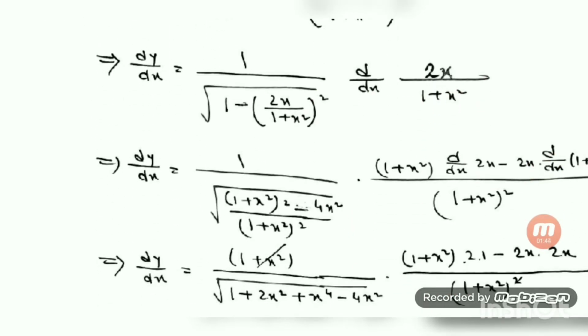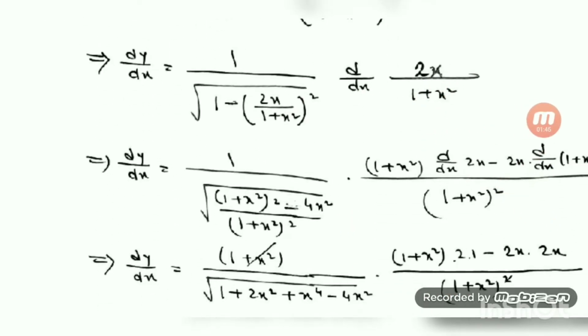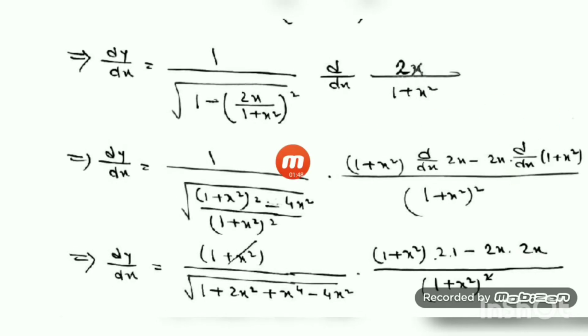After this, we have to take the derivative of this expression now. So what I'll do, d/dx, this one keep it as it is on the left side. On the right side, let us do simplification here. 1 divided by, here I am taking the LCM. What is the LCM? It is 1 plus x square whole square. So 1 you have to multiply by 1 plus x square whole square, and here twice x whole square means 4x square. And with this expression we are going to take the derivative.